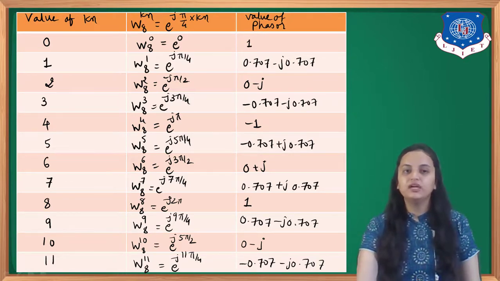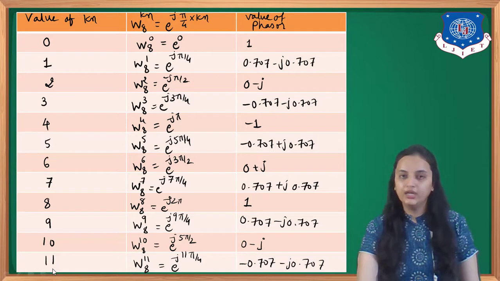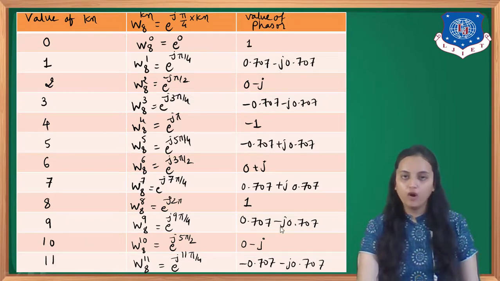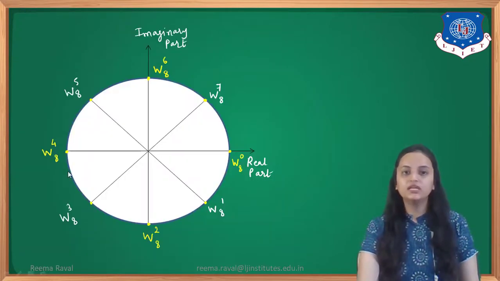Now, in the same way, we are finding the values up to 11, and we have obtained these values using the same method. So these are the values we have obtained for the 8-point DFT, for n from 0 to 11. Now we will plot these values on a circle, indicating the cyclic property. As we are taking 8 points, we are dividing the circle into 8 parts, which is indicated with the values of the cyclic property.